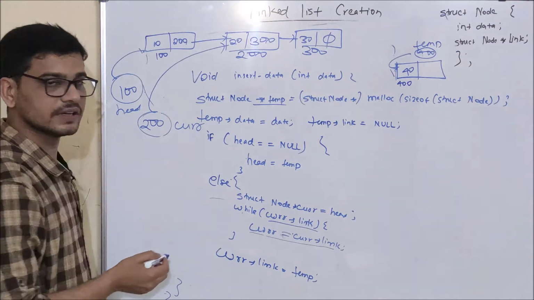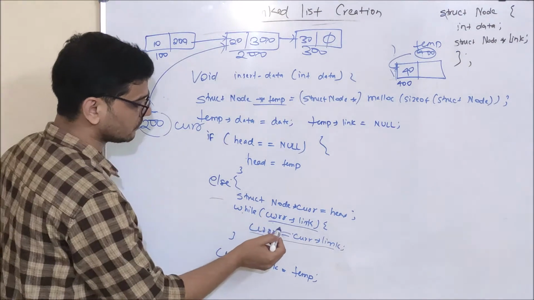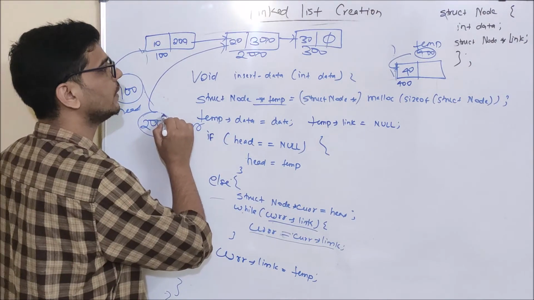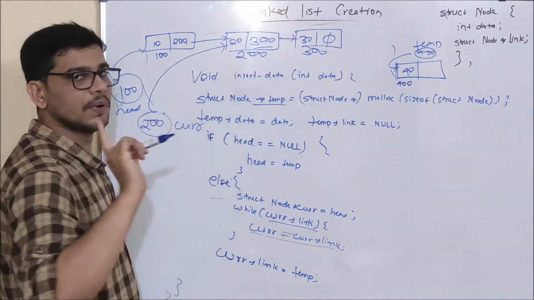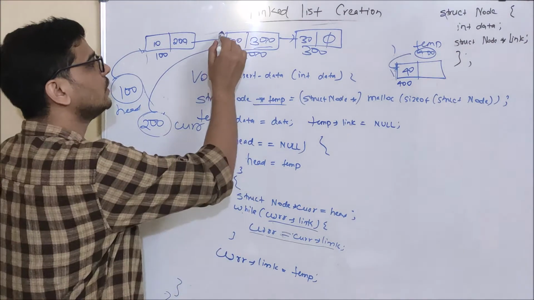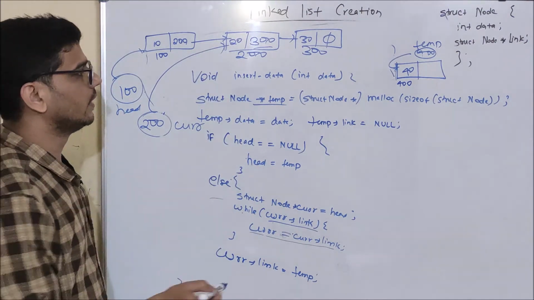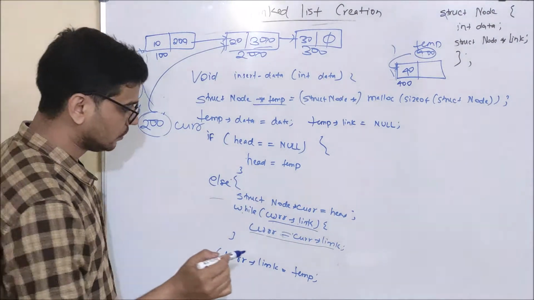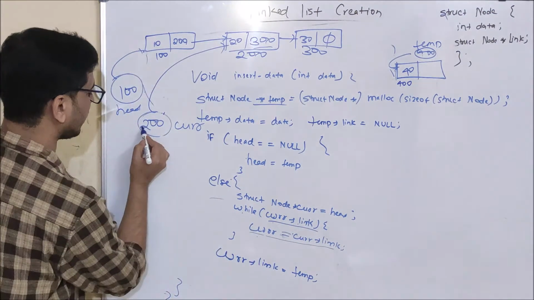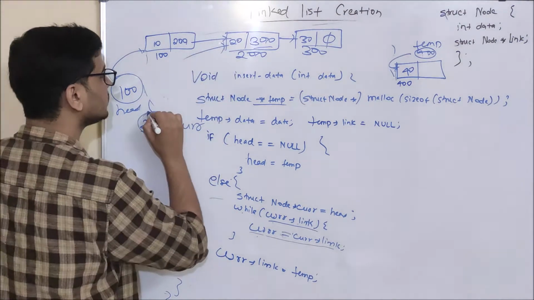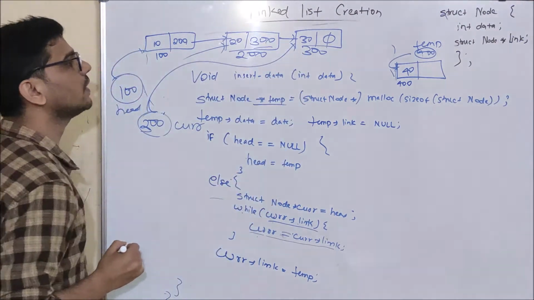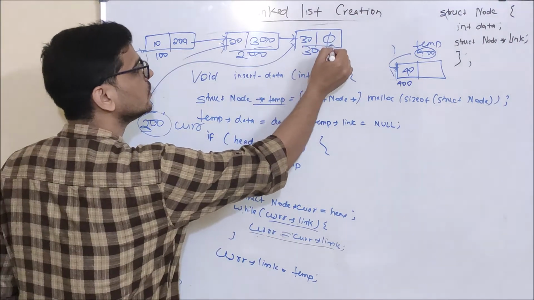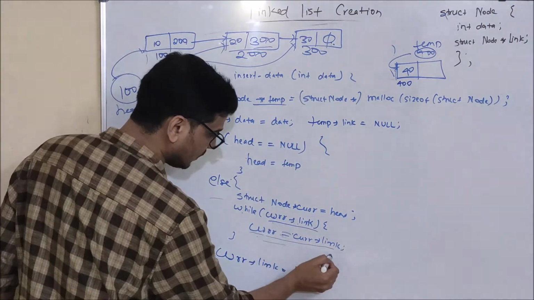And what will happen in second iteration? Again while check will be done. And what is current.link now? As current is 200, current.link is the link part of the node starting from memory address 200, and it is 300. So it is again not null. So what I will do? I will update this cur pointer and I will make it 300, which means it will start to point to this particular third node. And again while check will be done. And as you can see here, it is null. So this line will not execute.